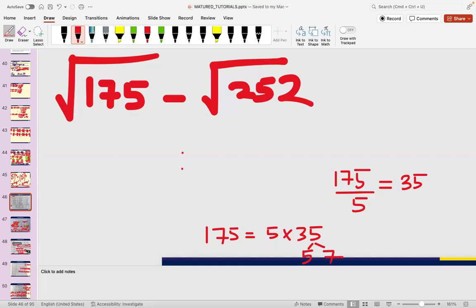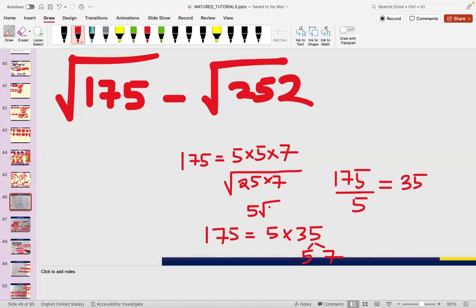So in that case, the 175 becomes 5 multiplied by 5 multiplied by 7. And you know that 5 multiplied by 5 will give you 25. And so if they are under the square root sign, 25 can come out. The square root of 25 will give you 5. The 7 cannot come out, so the 7 will remain inside. And then the thing becomes simple like this. So the perfect square